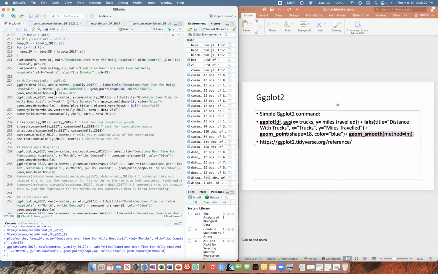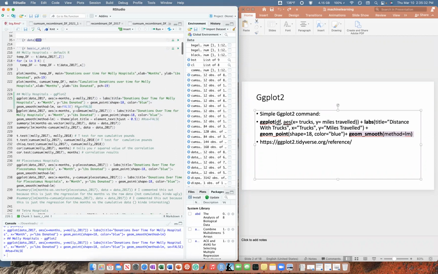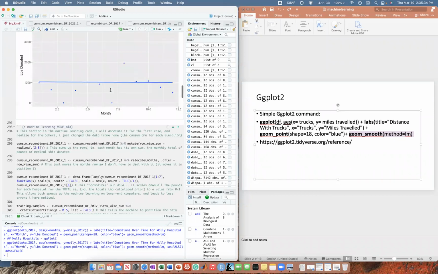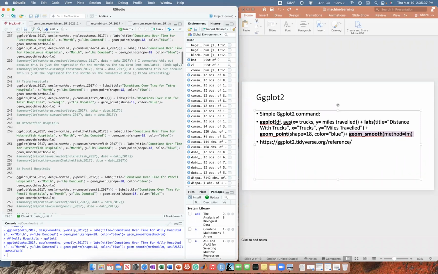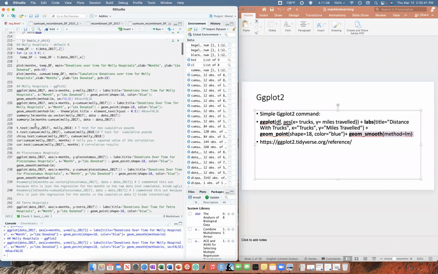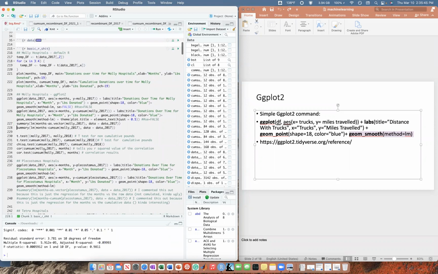If we put that se = FALSE command in here, it would remove that, so it's a handy feature. If you're interested in figuring out what the regression actually is, you would just run summary on that. As you can see down here, the R squared value is really low, which means nothing really happened. There's no regression here.